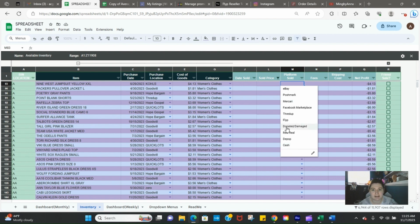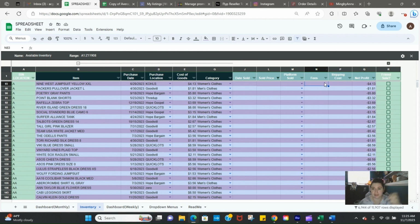That's how I take my inventory out of my inventory if I deem it's no longer great for me, or I do find a damage that I don't want to sell. Here you're able to put your fees and your shipping costs. This is preloaded into their spreadsheet. I don't use this, but it's just left on there. So if I do scroll all the way to the bottom,